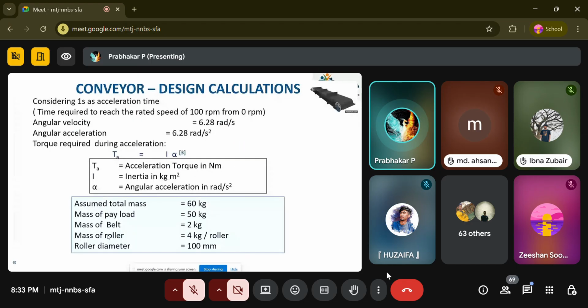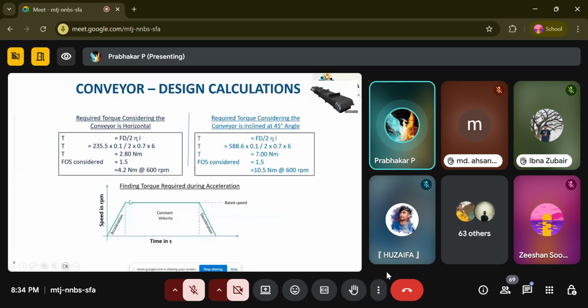So we have arrived at the constant torque. Then, as we already found the angular velocity in radians, dividing by time, you get the angular acceleration. Here we consider 1 second, so angular velocity divided by 1 second gives the angular acceleration. Within 1 second, it has to reach the constant velocity from 0. That is the assumption we have considered. Using that, we are finding the